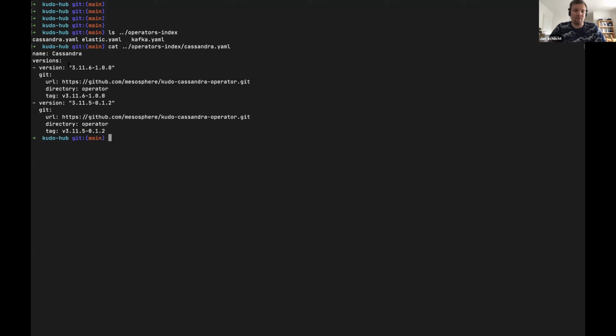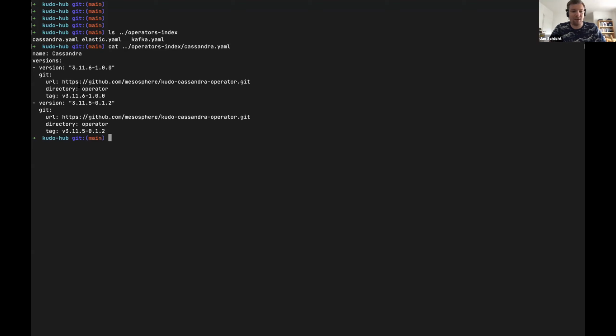So it defines multiple versions of a Cassandra operator, and here it's no longer the full operator package inside this repository and this Git repository, not to confuse it with the community repository, but it's just a reference to an existing Git repository where the code for the operator